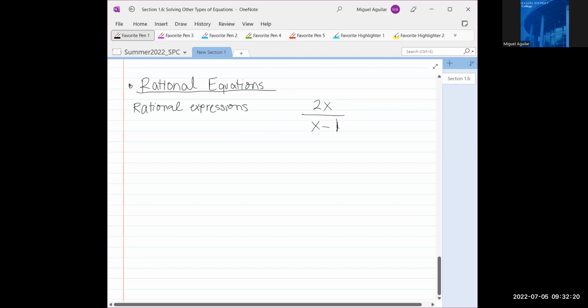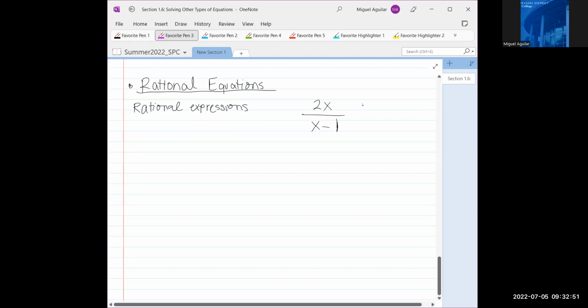Now, the thing that makes this different from a polynomial expression, remember we said a polynomial is a sum or difference of terms. That is, you have a bunch of things that you're adding or subtracting, and they could have numbers or variables connected to them. But you cannot have variables in the denominator of an expression or a term. So rational expressions are these things that have variables in the denominator,